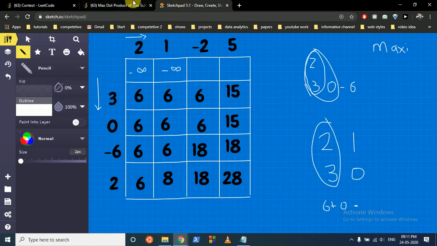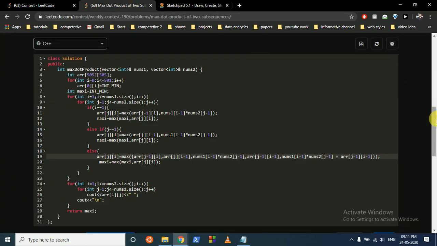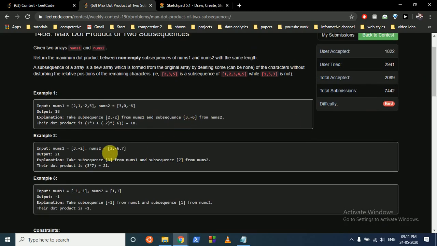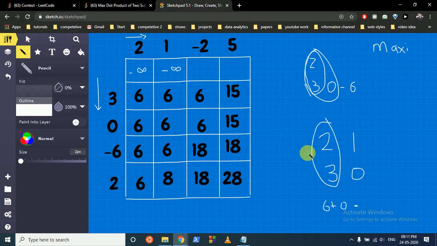So there can also be a condition in this, as you can see in this example, we have just multiplied this 3 and 7. So I have missed out one condition. I have told you the maximum can be 4 conditions: taking this, taking this, taking this, and taking the whole, or we can either take only this part and exclude this part.